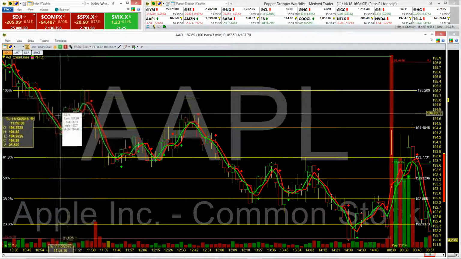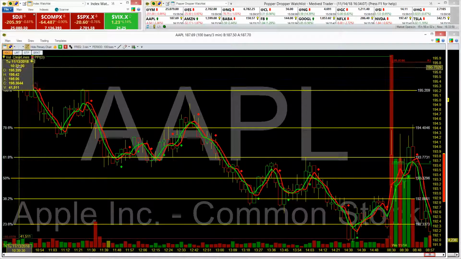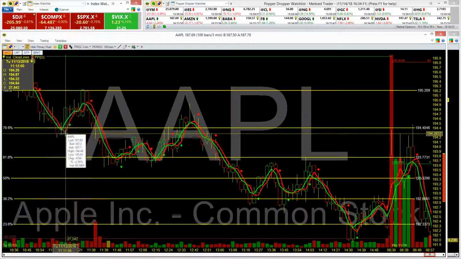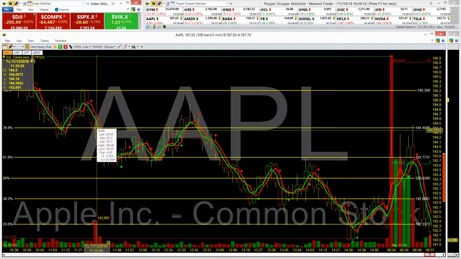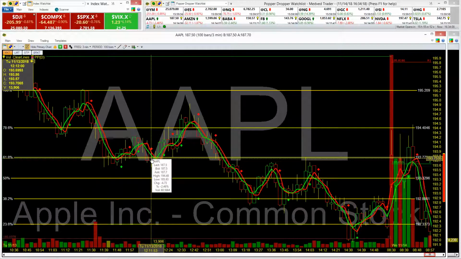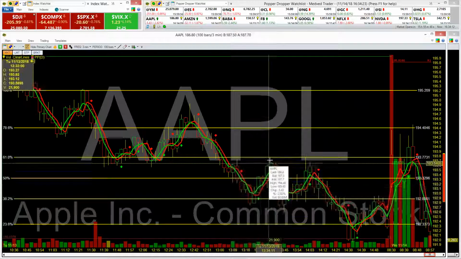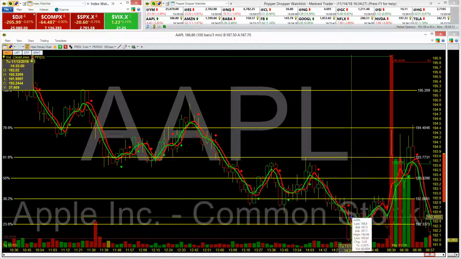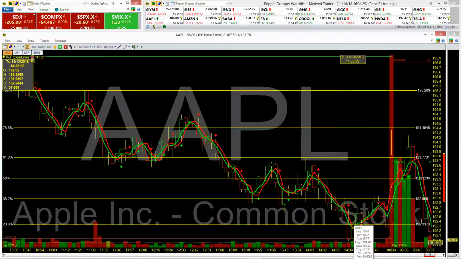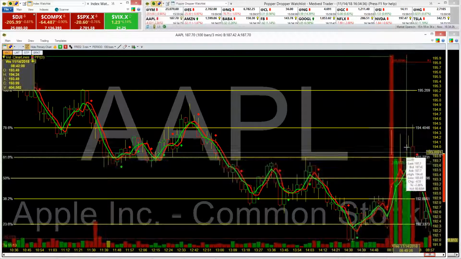And you can see on Apple where it followed a lot of those Fibonacci levels throughout the day, came down to the 786, bounced up to the 100 line, went down to the 618, back up above the 786, came down to the 382, bounced almost to the 618, down to 382, 618, down all the way to S1 and went below 236, S1, almost to the zero line, and then shot up to,